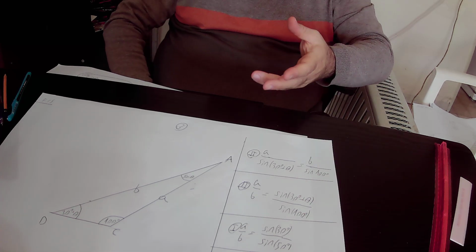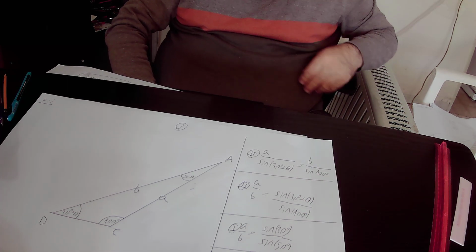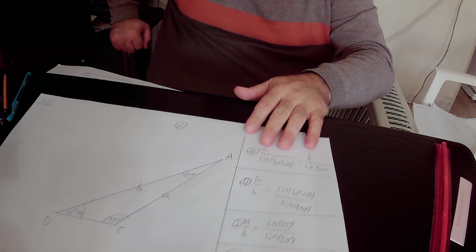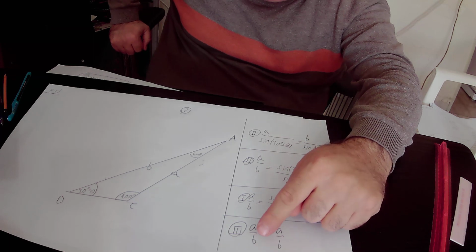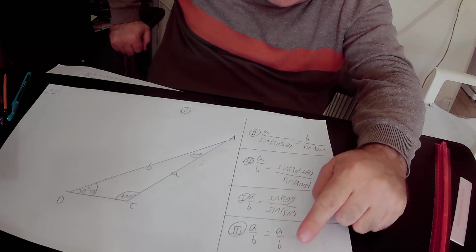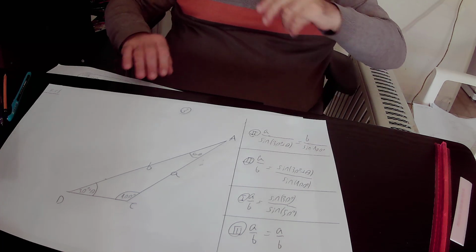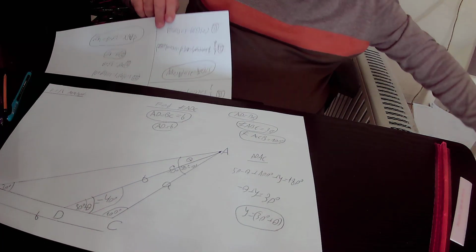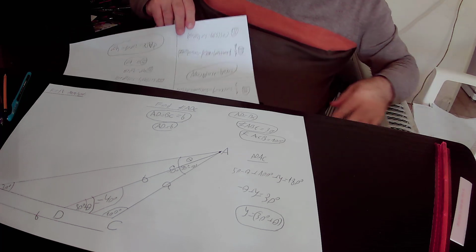So we have two expressions for A over B. Therefore, we created equation number 3 that states that A over B according to equation number 1 must be equal to A over B according to equation number 2. Okay? So here we have